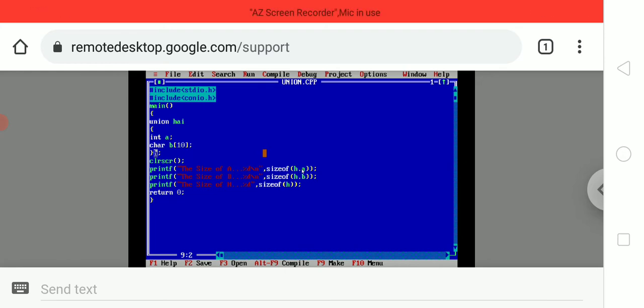So how does it get the size? It adds the variables which we gave inside the structure. For example, imagine this example is a structure.